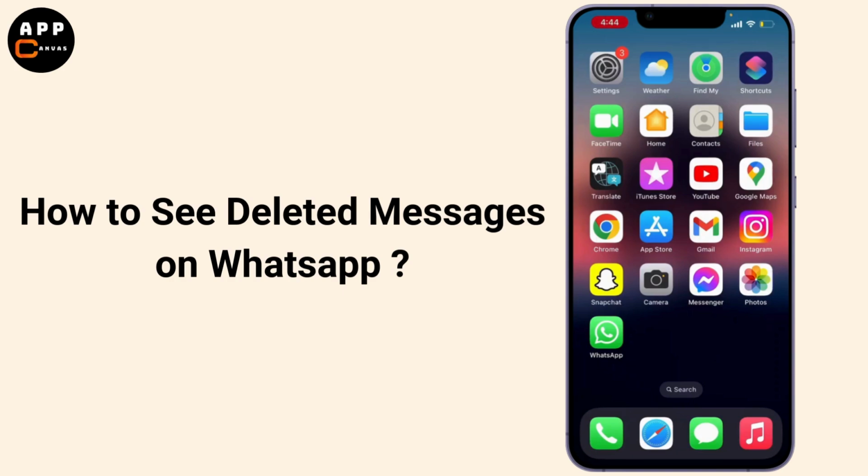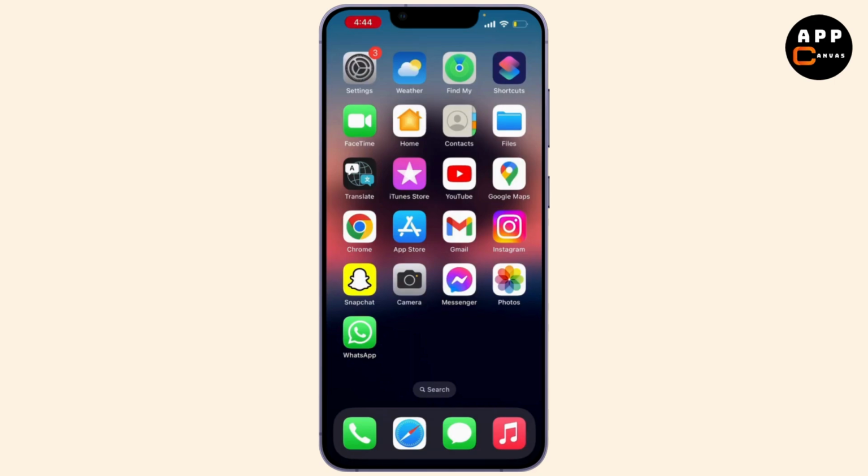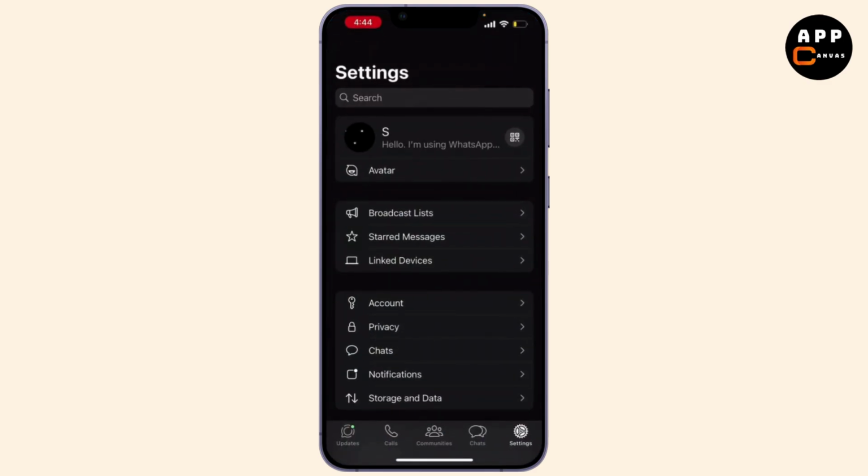In this video, I will guide you through some of the ways to see deleted messages on your WhatsApp. If you want to see your recently deleted messages on WhatsApp, then this video is for you. First of all, go to your WhatsApp and hit settings, which is on the bottom right corner of